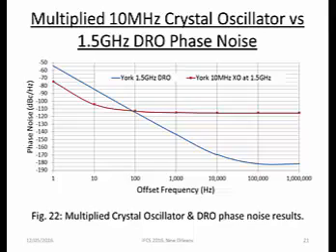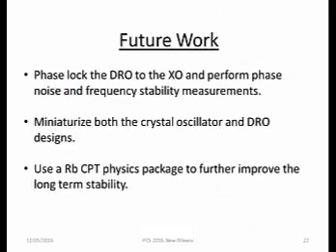So this is a graph which compares the multiplied up phase noise of the Crystal Oscillator that was built at York, and the blue graph is the 1.5 gigahertz DRO phase noise. And as we can see, the Crystal Oscillator has much better phase noise at low offsets, while the DRO takes over, or would take over in a phase locked loop, at longer offsets. And that is what we plan to do in the future, is to actually complete the design of the phase locked loop and